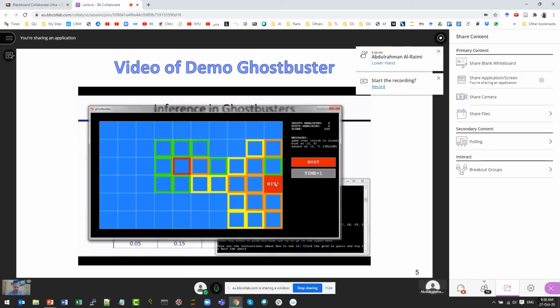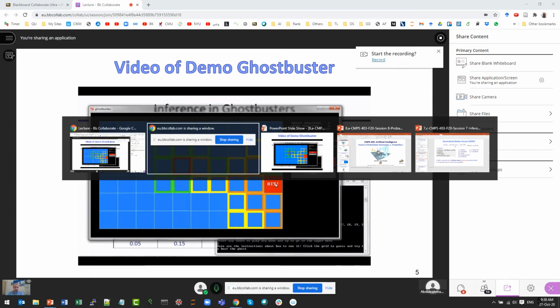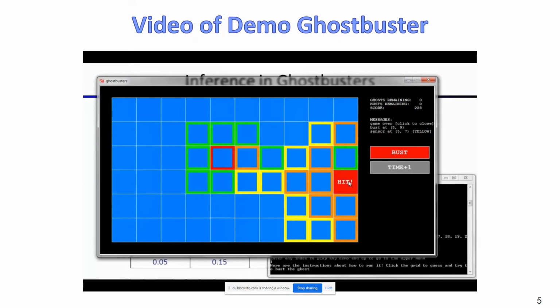Questions, Abdurrahman? Yes, but this one is green, which means that there is a higher chance that the ghost is here, because whenever you see green, there is high chance. It's not 100%, but there is a higher chance that the ghost is here. When you see red, sorry, did I say green? No, sorry. When you see red, there is a higher chance that the ghost is here. But when you get green,